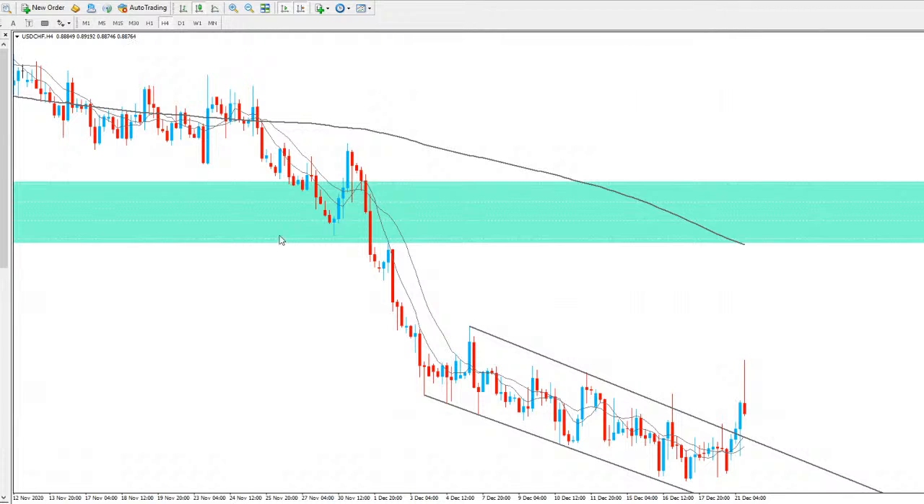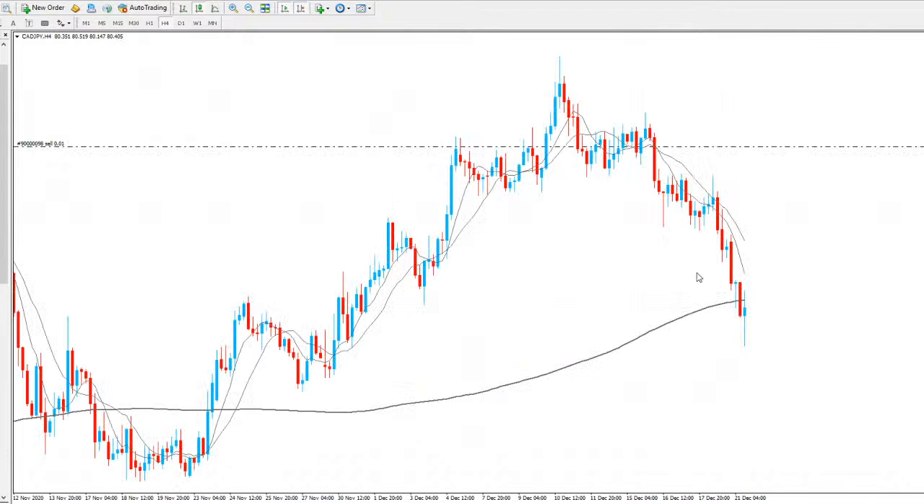So I'll probably wait for a clearer opportunity, maybe another push to the downside, testing previous support or the trend line again, and then get some more price action to take this higher. But as of yet, a little bit unsure with USD. My current trades, CAD JPY,